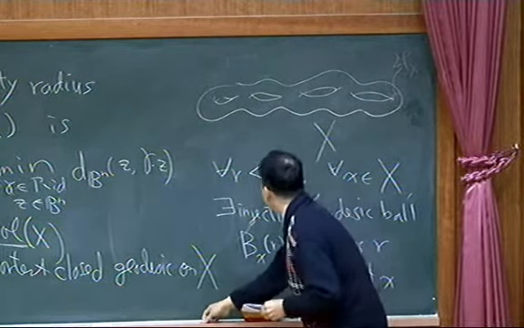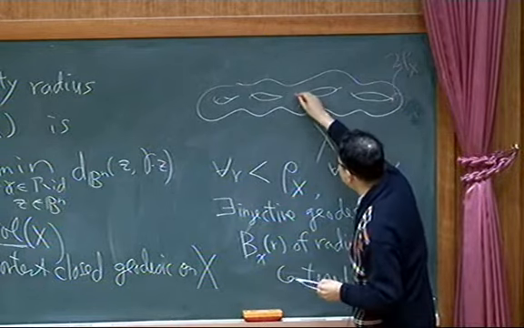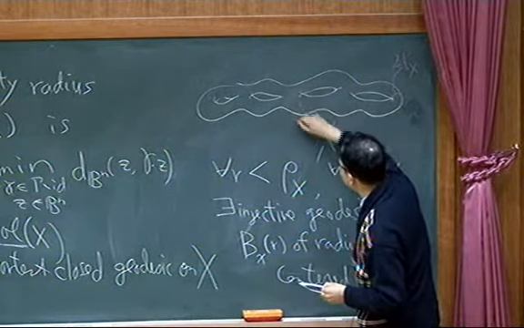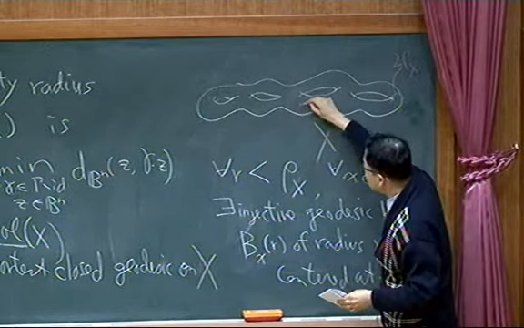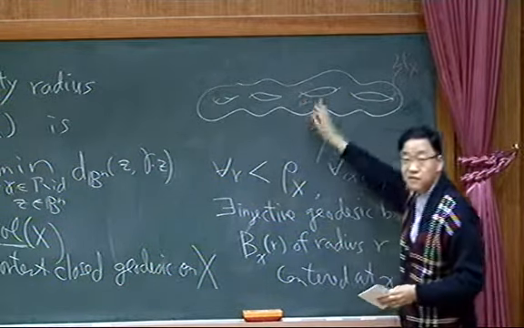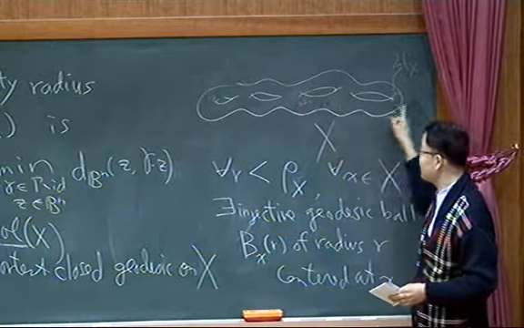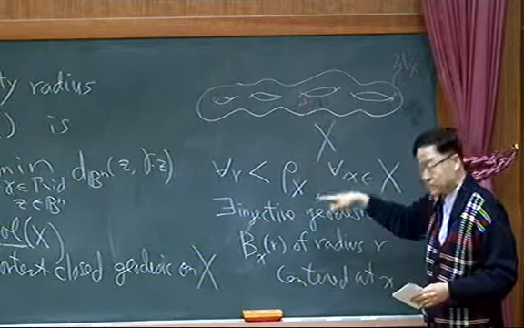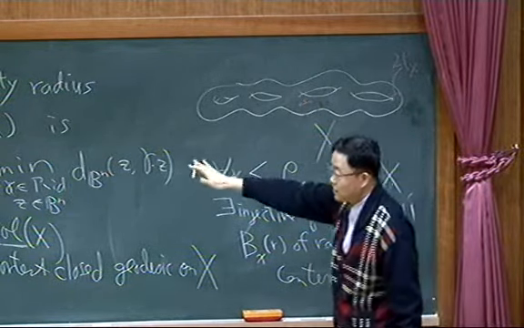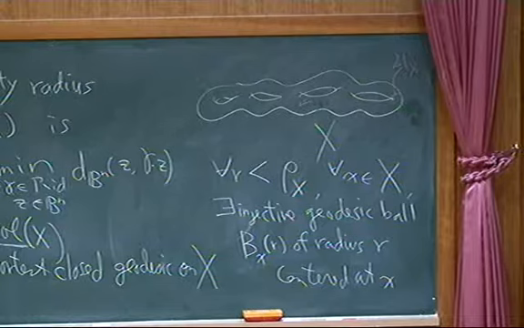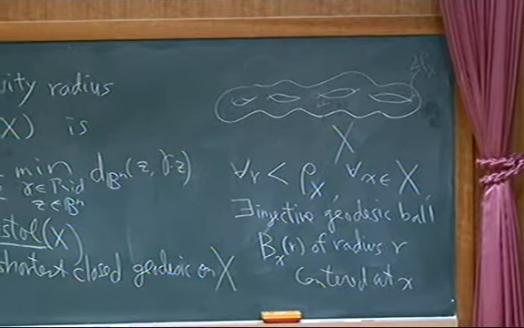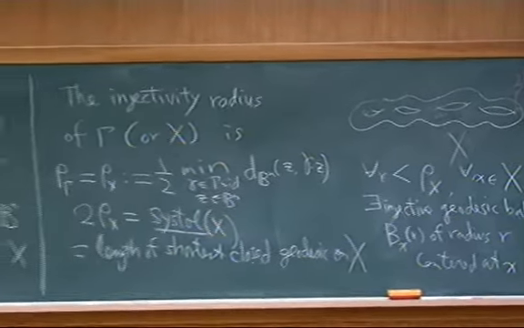So at any point here, if you choose any point, you can always find an injective ball completely inside here without overlapping, so that the radius is r. So that's another geometric meaning of injectivity radius. This is an object maybe originally arising from group theory or topology, but also differential geometrically very interesting. So there are many areas